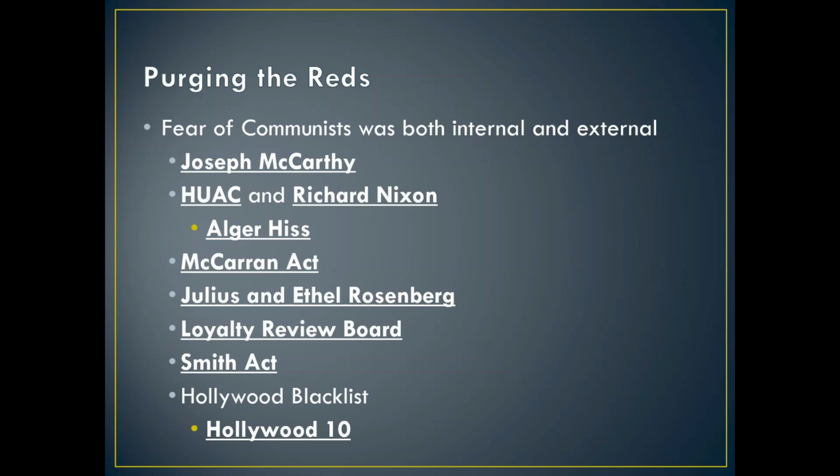We found out in the 1990s they were actually spies. They had given radar, sonar, jet propulsion, and nuclear weapon secrets to the Russians. So they committed treason. The Loyalty Review Board was created by an executive order. This made all government officials sign an oath of loyalty. Under Truman, he did this to try to avoid the worst excesses of the Second Red Scare.